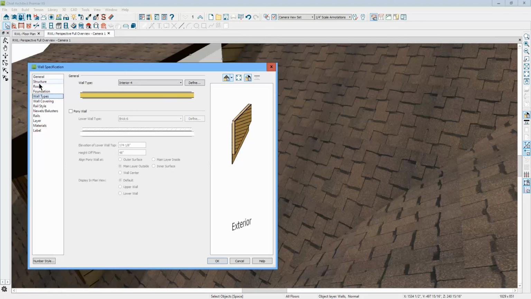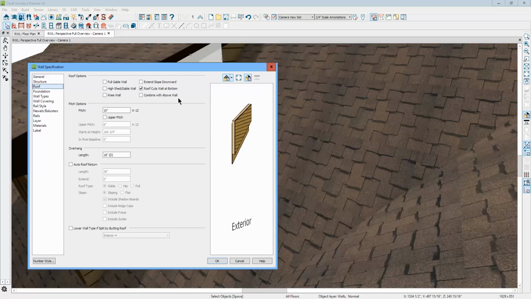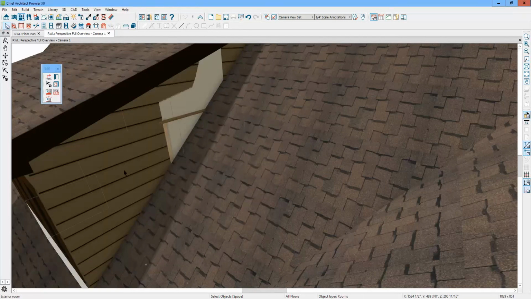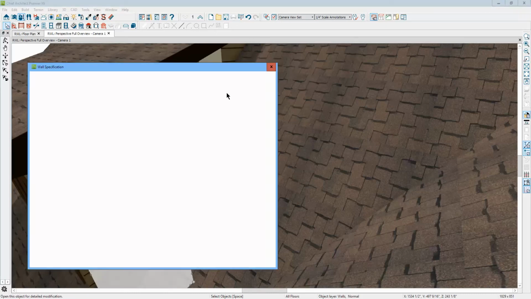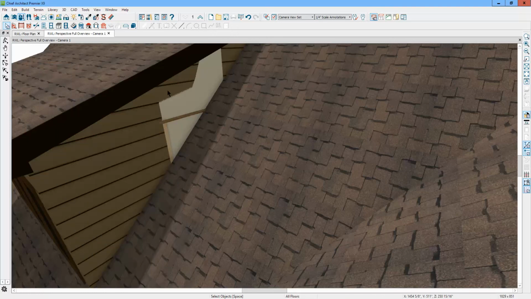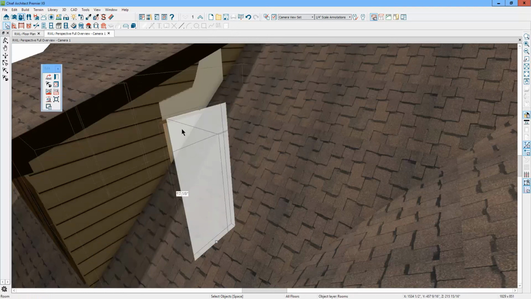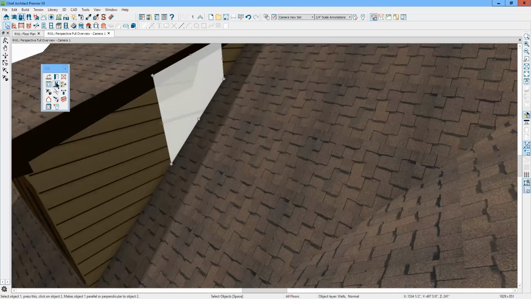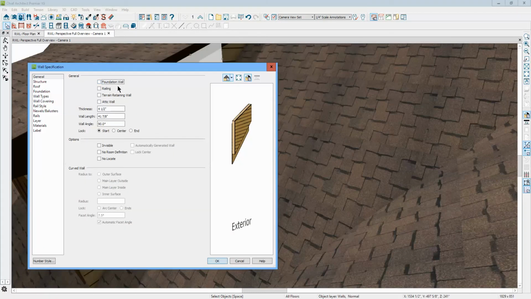Okay. See, this isn't the same, I don't think. Let me see. What kind of wall type is this one? That's interior 4. You just painted the outside and inside with the same material, which is fine. So what's wrong with this piece of crap? What's wrong with this wall being a problem? Well, it looks fine on the inside, doesn't look fine on the outside, so